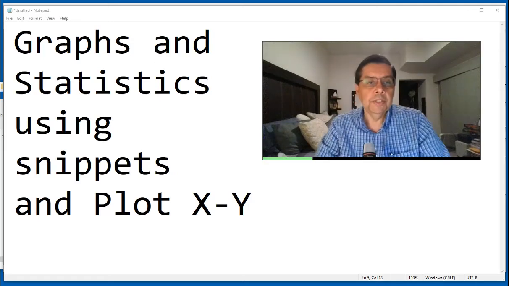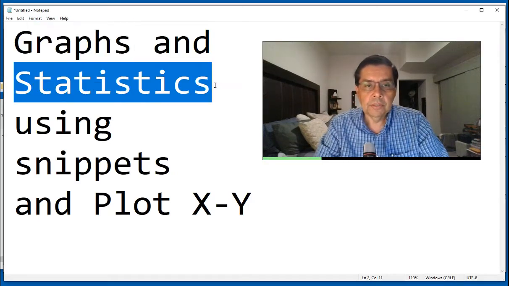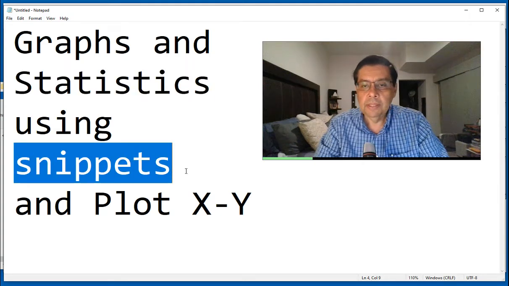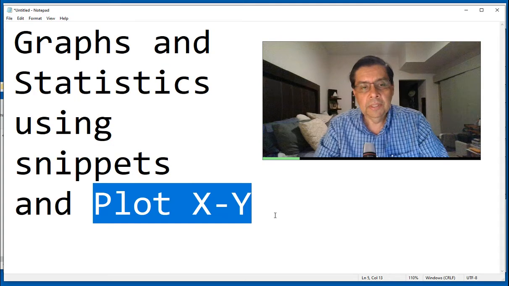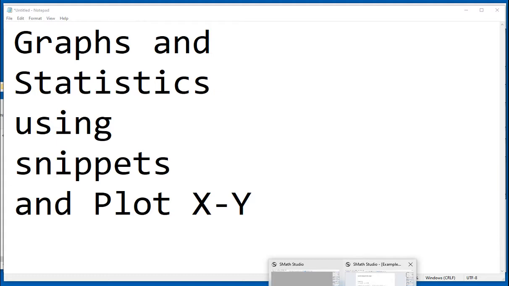In the present video, we're going to show you some applications of graphs and statistics calculations using snippets that we indicated in an earlier video, and using the plot XY plugin. For that purpose, we're going to go to an SMS Studio file,